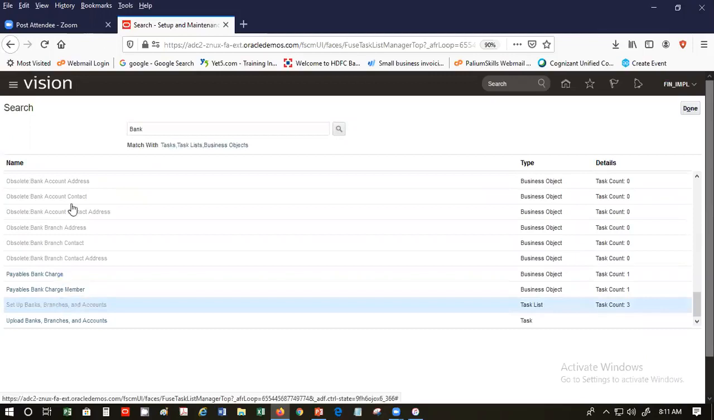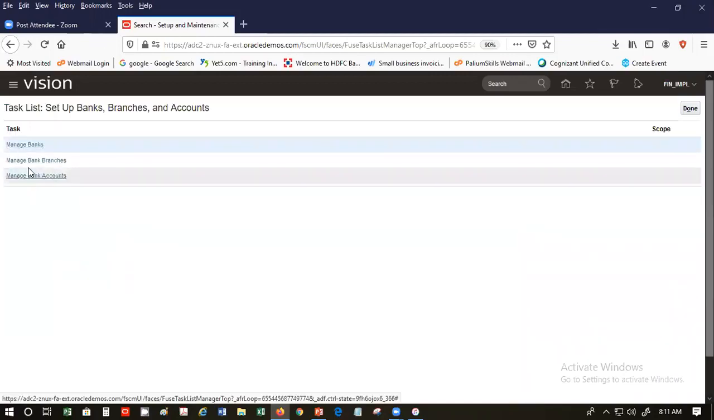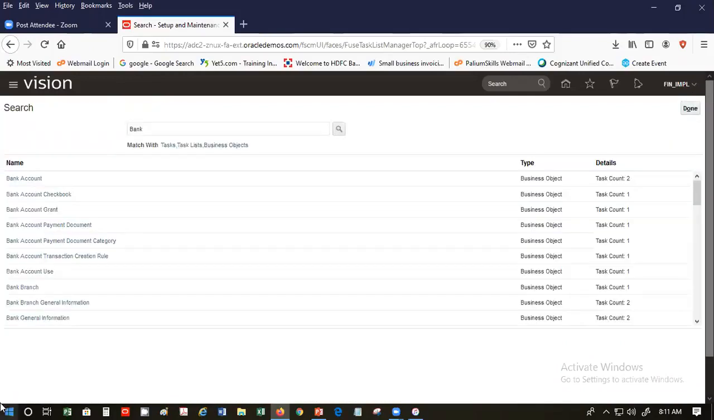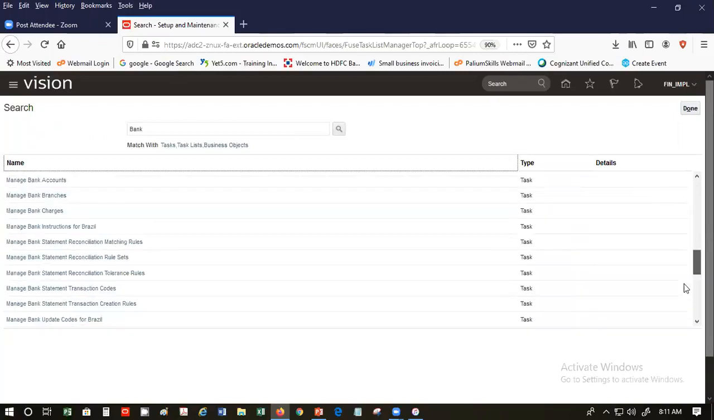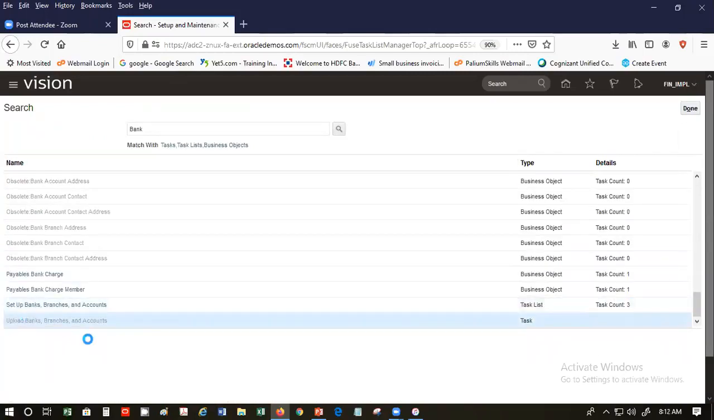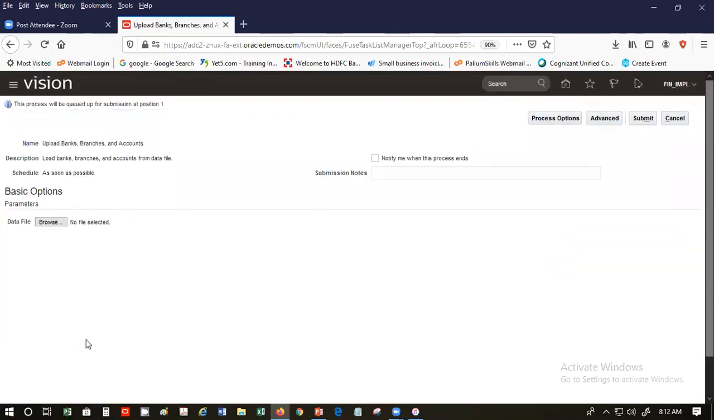In one single place. So you can go in manually and create the bank branches or the bank accounts. On the other hand, if you go to upload bank branches and accounts, here this is for uploading